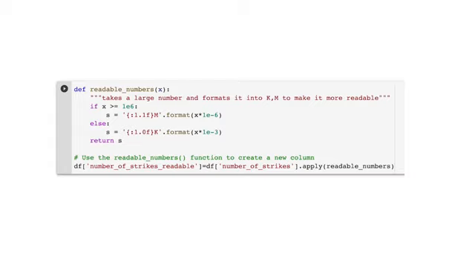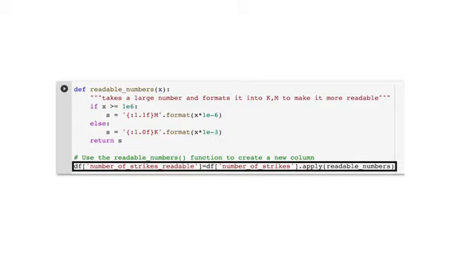Next, we'll form an if-else statement. We want to code any number above 6 digits to be formatted to 1 decimal place, followed by an M. Under the else statement, we are formatting numbers with more than 3 digits to the same 1 decimal place, followed by the letter K. Under these statements, we define the new data frame we want, titled number of strikes readable.